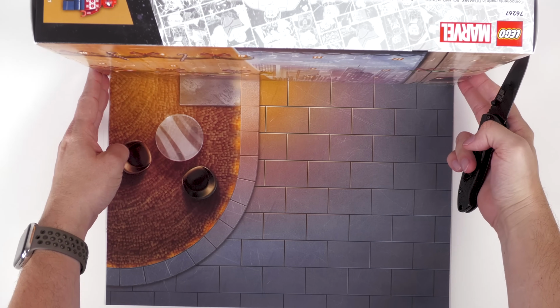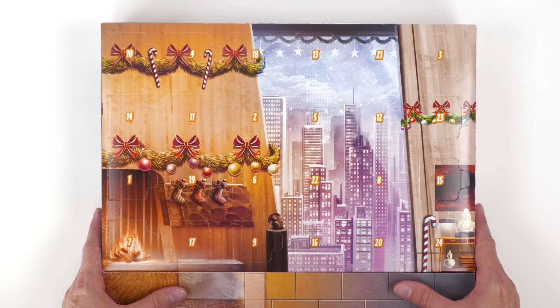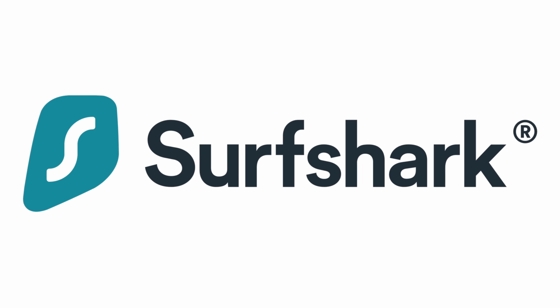The playmat is pretty unremarkable and quite minimalist. But it has done a good job of protecting those doors. The scene is festive, but there aren't many Avengers touches. I guess we do have the Iron Man helmet on a plinth, and I'm not sure what this thing is, but maybe you do. The Avengers will return after this message from our...